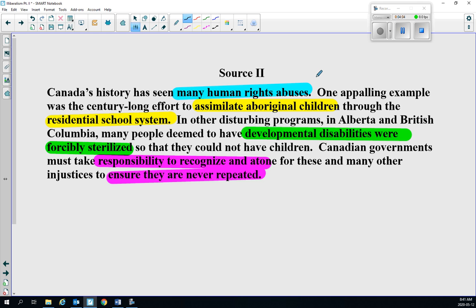You'd have to talk about, yes, there will be a formal apology, a redress, maybe education programs, maybe money to help the psychological suffering that people would have been through during this time, help them get over the human rights abuse, which would bring a lot of, I would imagine, psychological trauma that you could talk about. And only this way can we ensure that there are not future injustices. So in other words, we don't repeat the past in Canada because we would have learned from it. We took responsibility, we atoned for it, and it shouldn't happen again.